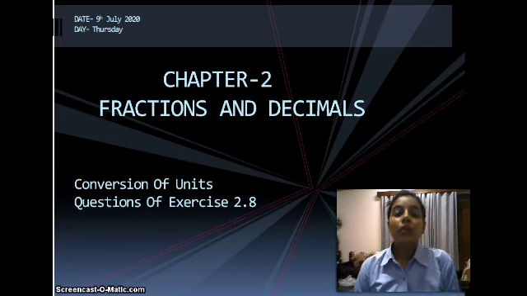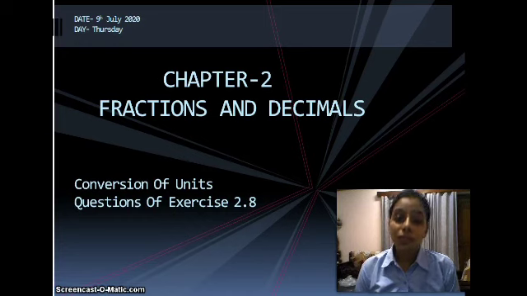But today we are going to cover a very important topic, that is how do we convert different units into one another. There are different types of unit used for measuring length, units used for measuring weight, and unit used for measuring capacity. So today we are going to cover the units and their conversion used for measuring lengths. Right? So let's start our class for today.